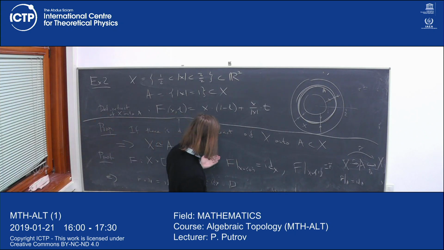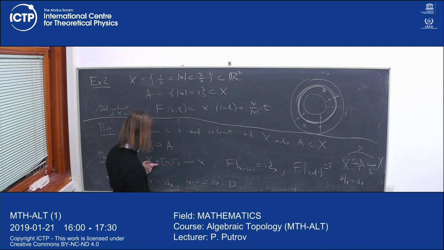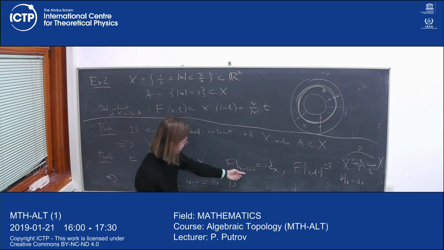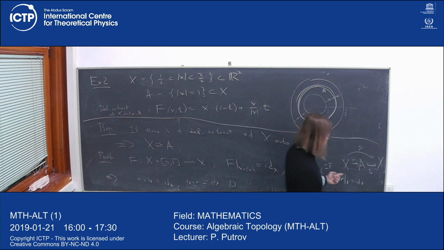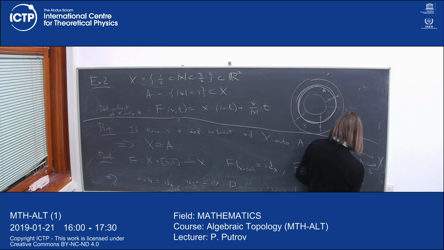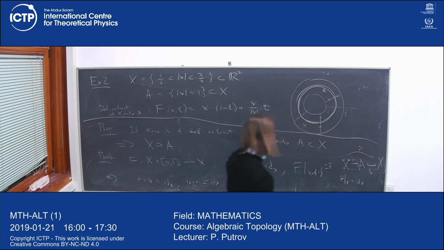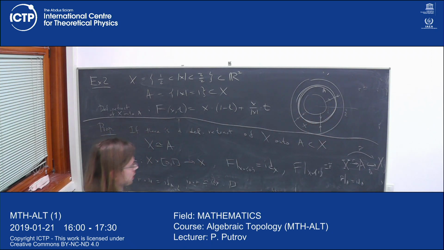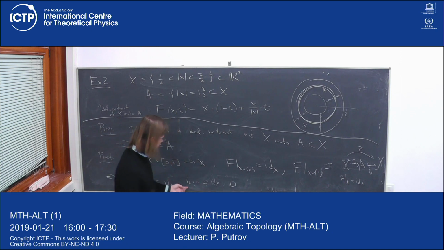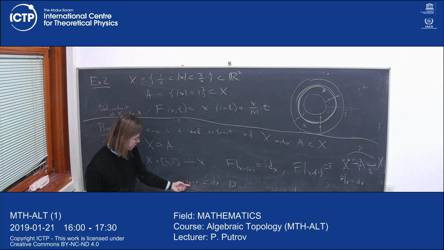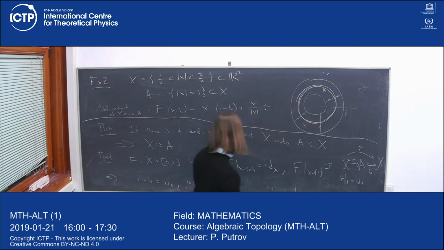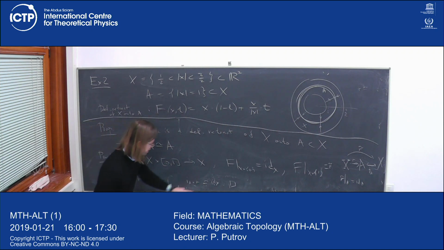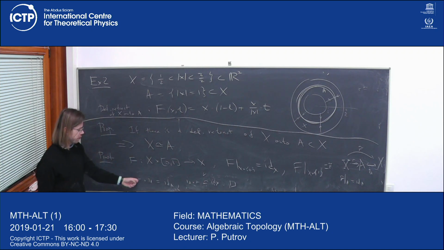So the homotopy should be a function, a homotopy between functions from X to X. At 0 we have identity, and at 1 we have R tilde, which is a composition of R and inclusion. So the fact that the homotopy can be formulated as follows: identity is homotopic to a composition of R with IA, which is indeed R tilde.